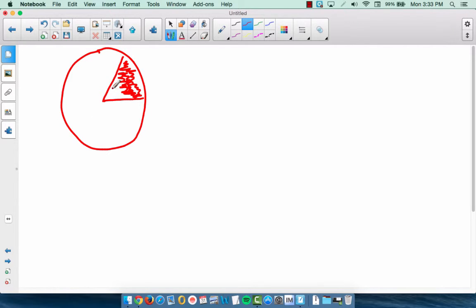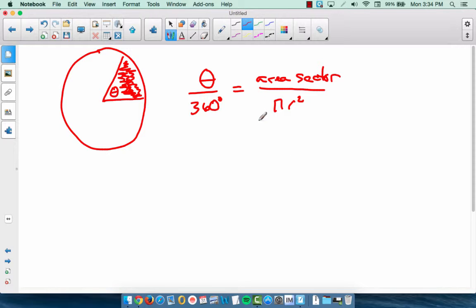In geometry, very similar to what we did with arc length, you've got a central angle there, and you would say theta is to 360 what the area of the sector is to the whole circle, which is pi r squared. We're going to do the exact same thing. I'm going to call area of the sector A. I'm going to multiply both sides by pi r squared, and so I get theta over 360 times pi times